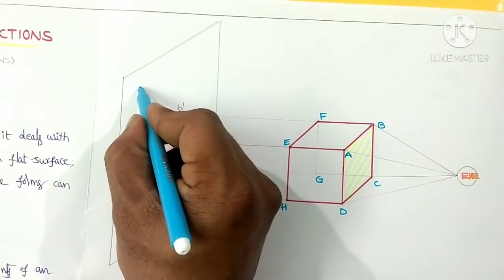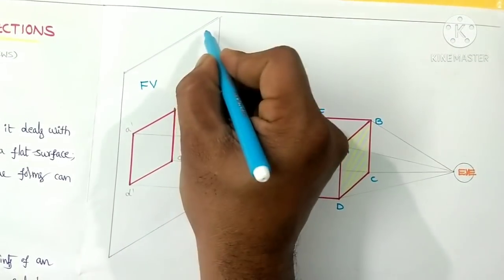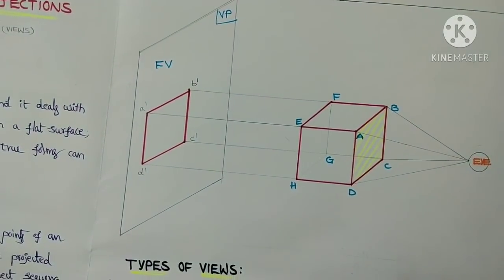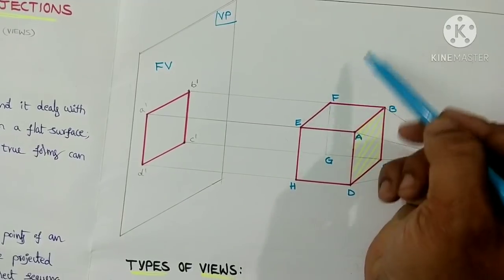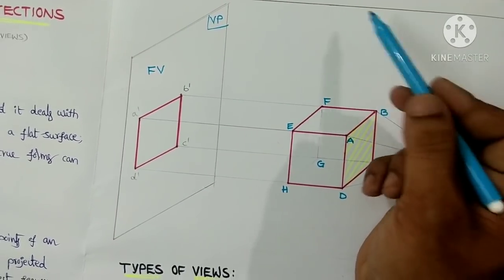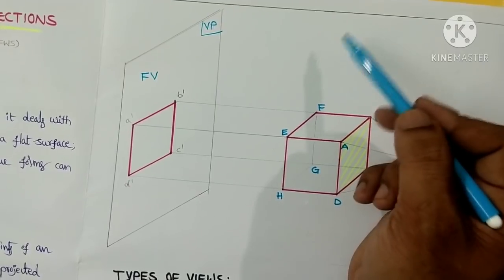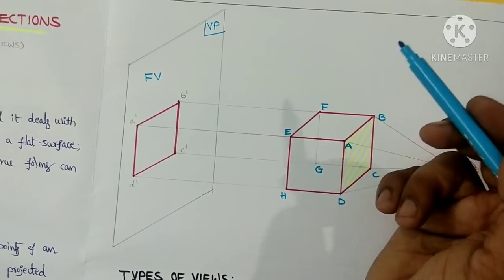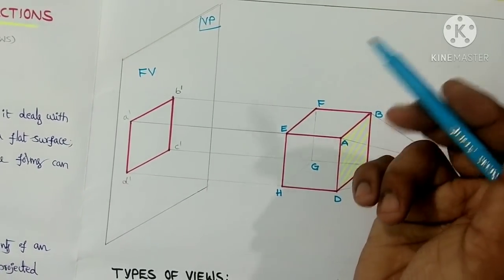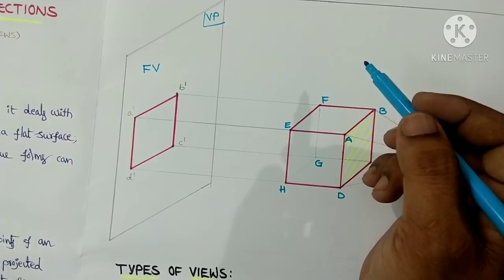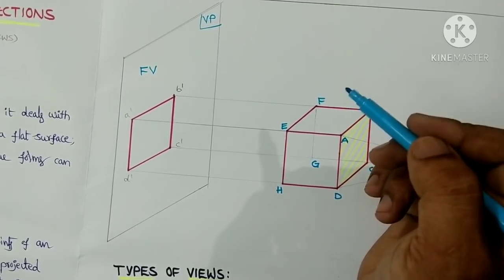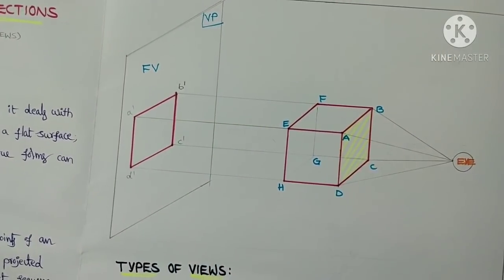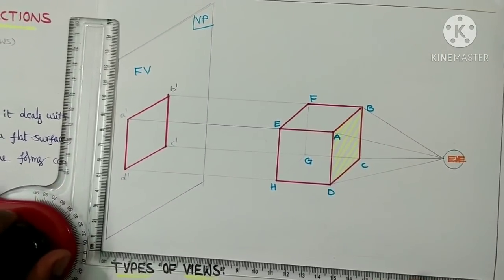So here this is called the front view. It is projected onto the vertical plane. This one is the vertical plane. Similarly, suppose the eye of the observer, the position of the observer, is located above the object. That means we are able to construct the top view of that particular object. That means we are able to see the top surface of that object. That view is called the top view. So next, let us move to the top view. For that purpose we also need a plane surface for constructing the top view. So we can take one more plane surface, that is the horizontal plane surface.